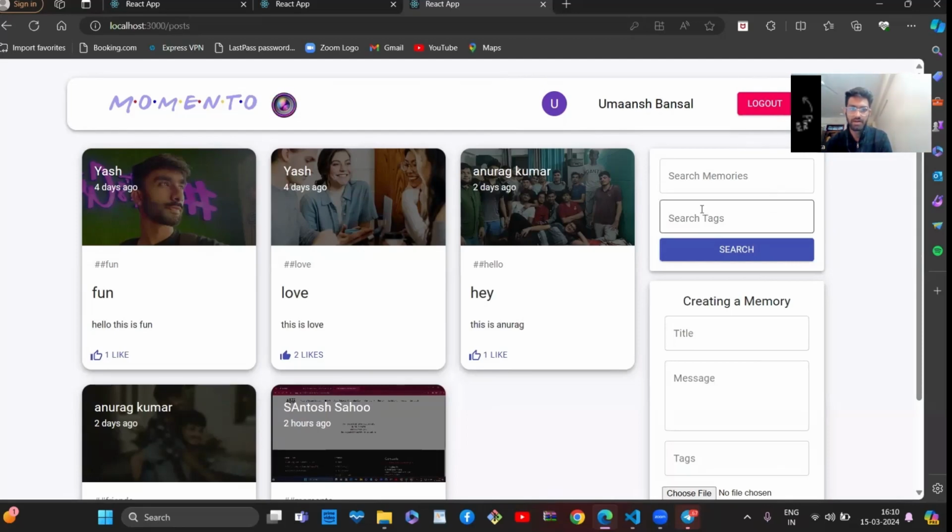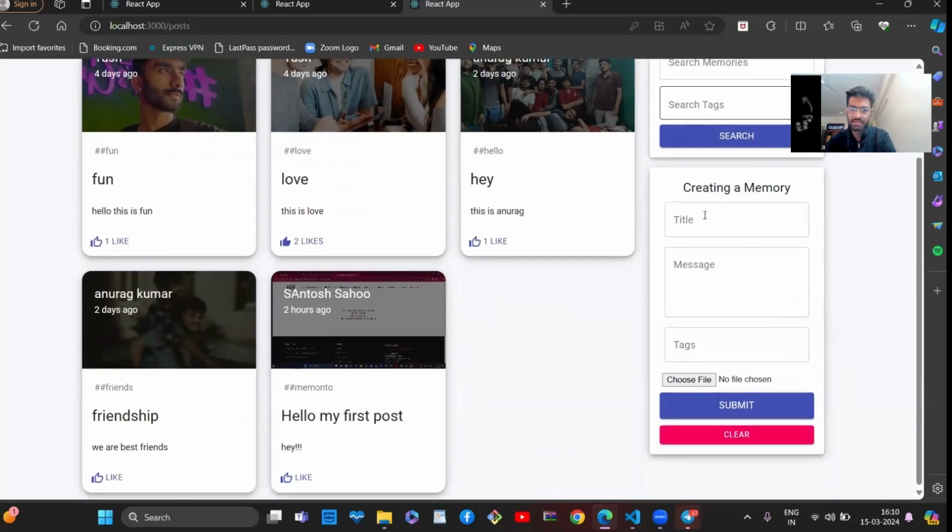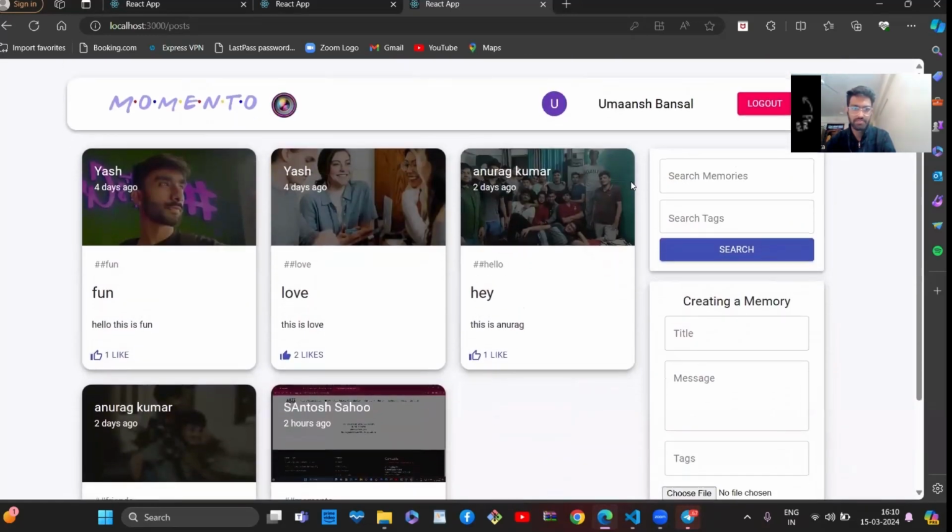Then we have the toolbar and various search text boxes. Here's various buttons which I already told you. Here is the link tag which we had used in the logo of our project Memento. Here we have used a link, and then